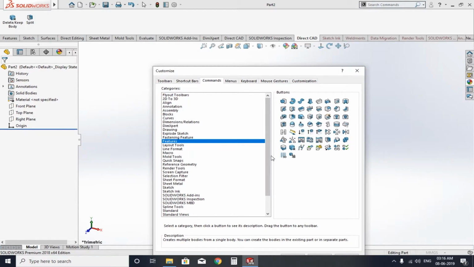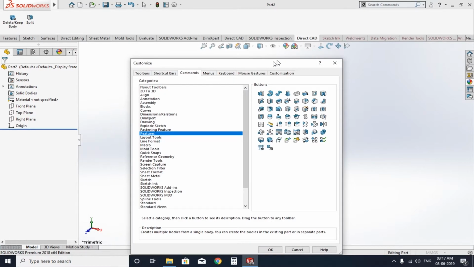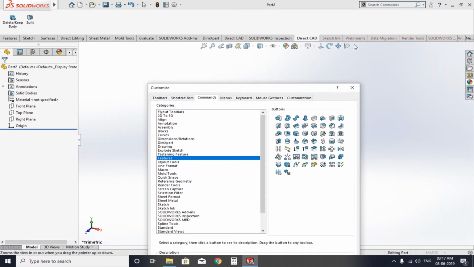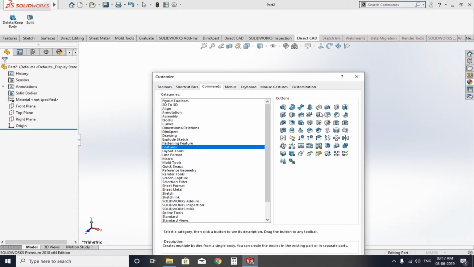You can select as many commands as you want. It depends upon your choice. And one more thing, as you can see here, there are other options available on the drawing area. You might not be able to see them in your current view. You can make them appear as well by just dragging and dropping like this. If you do not want something, you can drag and drop it back into its original location. It will disappear from this location